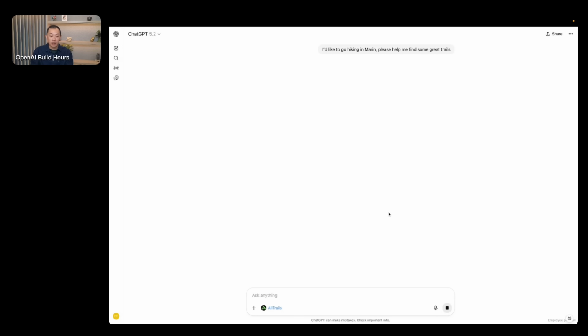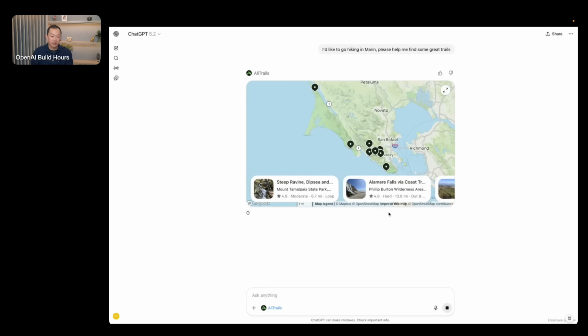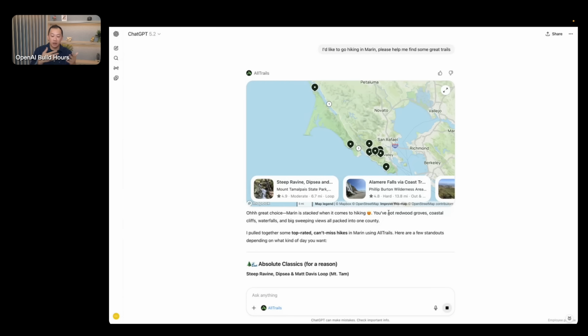So while this is happening, the model's taking in my intent and then passing that context off to the AllTrails MCP app, and it's providing back a list of data that is in the AllTrails platform. So that's really what's powerful about apps. You can pull in different contextual data that doesn't exist potentially publicly on the web or for the model to directly access. AllTrails has a lot of great reviews on their site for that type of information, and it's presented this UI layer for me to see where they are in the world.